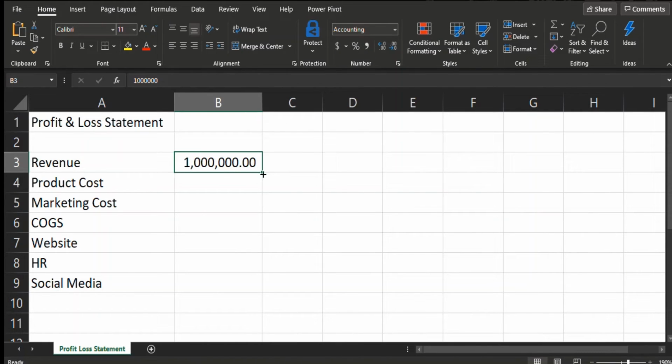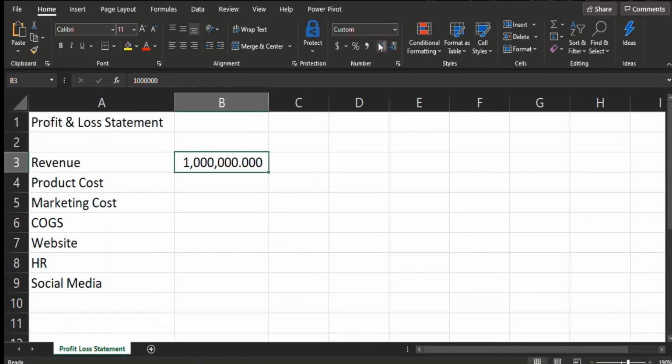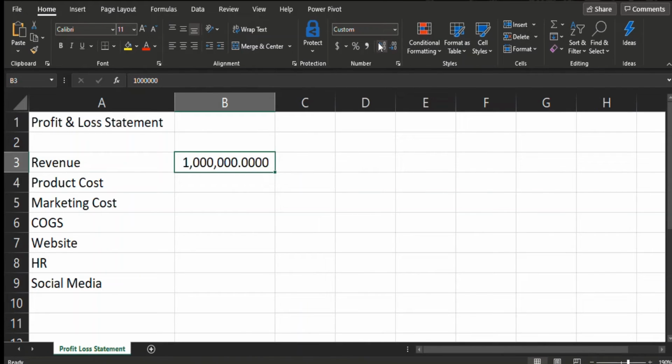We also get decimal places. I currently don't need those decimal places, but if I do, you have these two: you can decrease decimal or you can increase decimal. Let's increase the decimals, and well, I don't need them. I'm going to remove them. Okay. Now